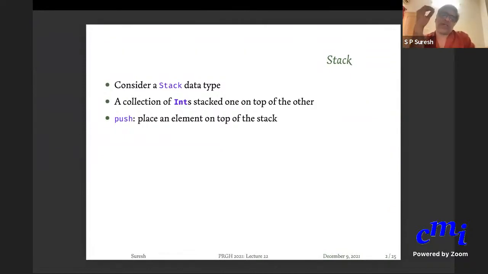There is a designated top. You want to only push an element on the top of the stack or pop an element from the top of the stack. Why is it called push or pop? You can imagine that there is some kind of spring mechanism which when you push on top, it will press the stack down. And when you take out one element from the top, maybe the weight will reduce and the spring will go up a little bit.